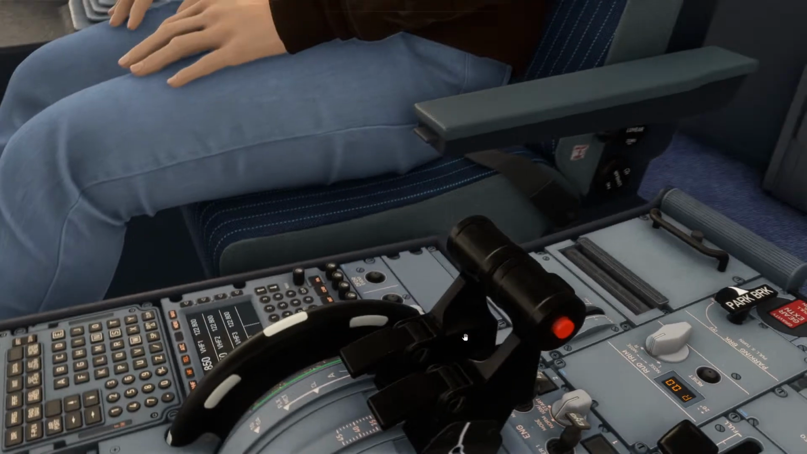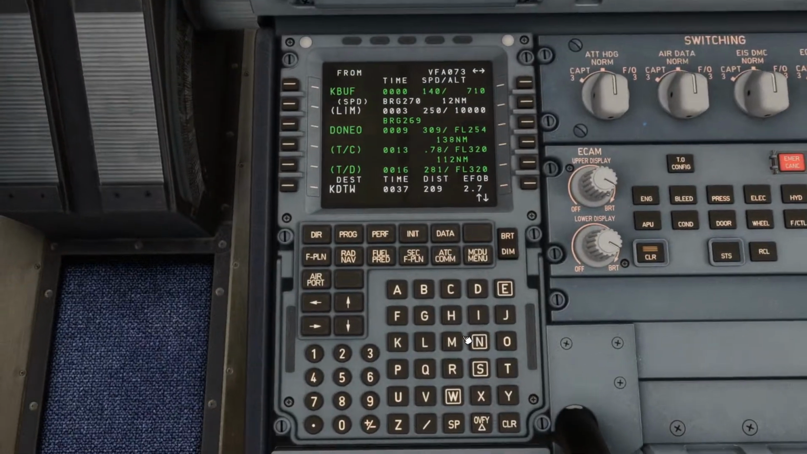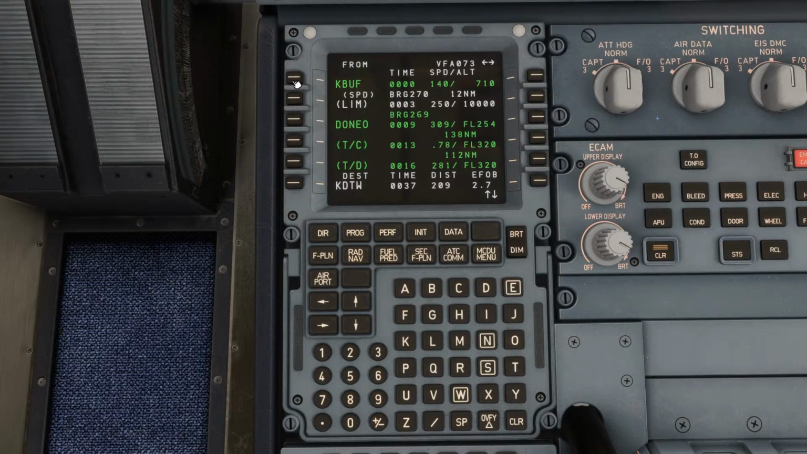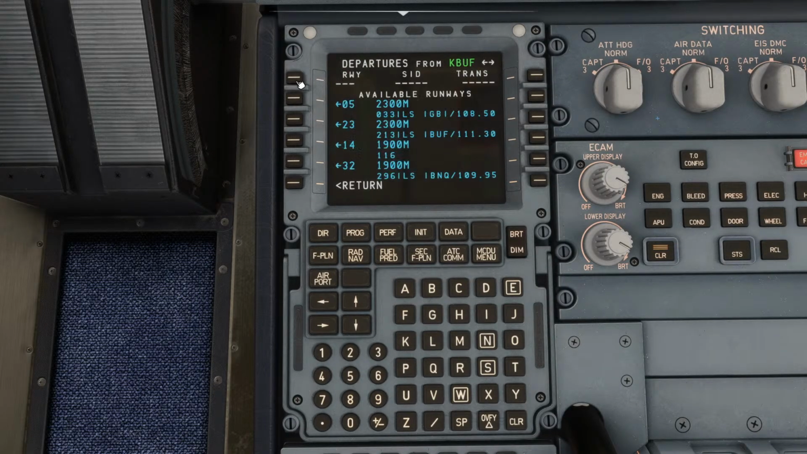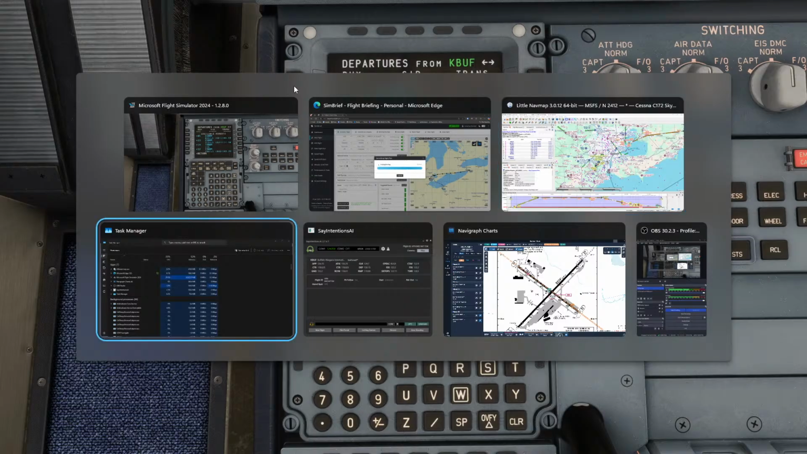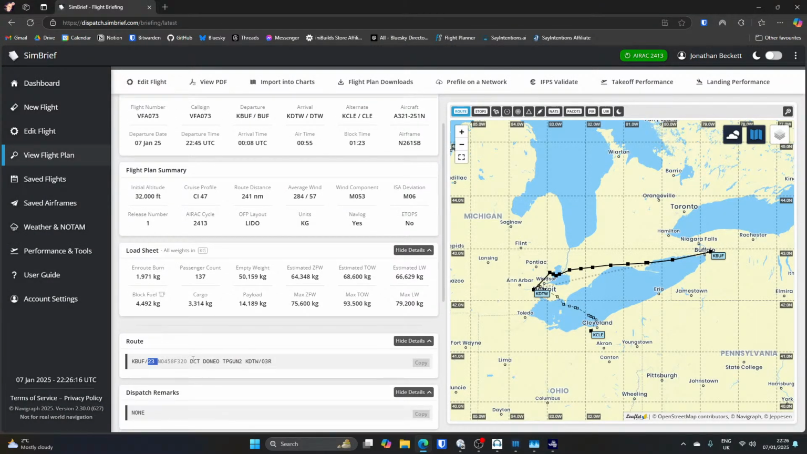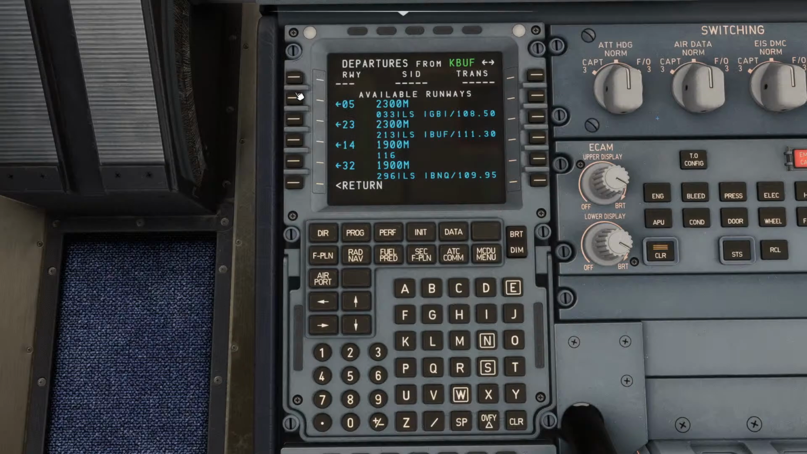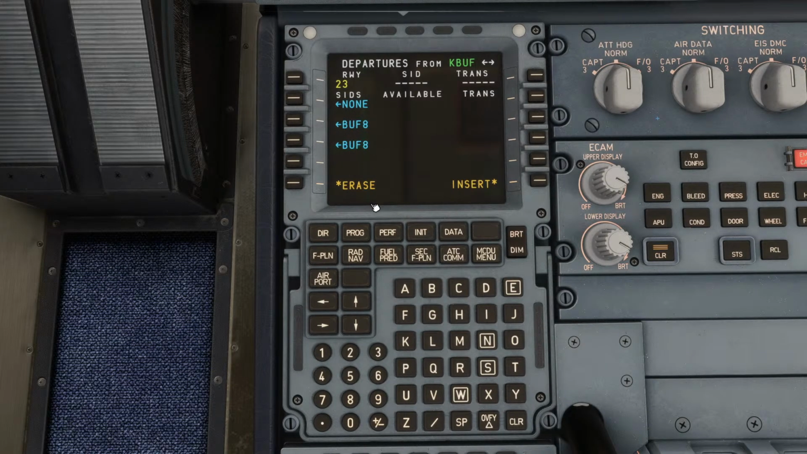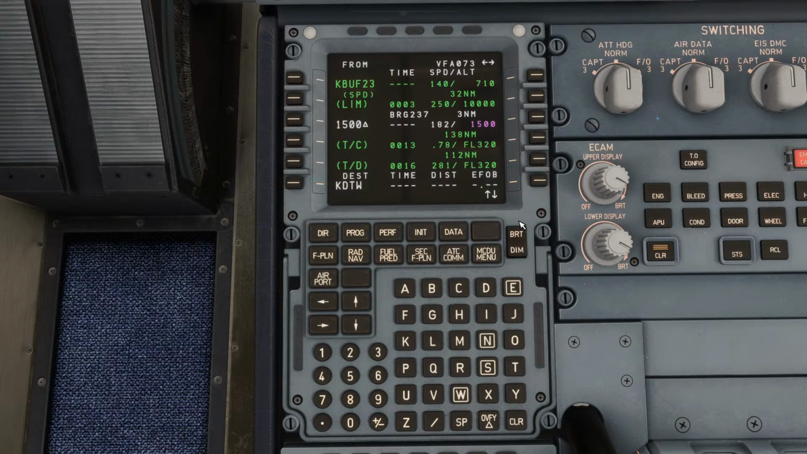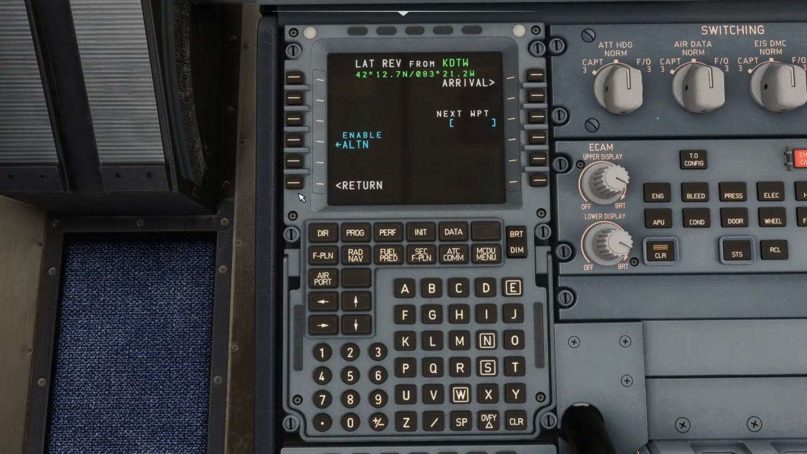Should we do this from in front of it? Whoops. There we go. So K-Buff departure. Where's our SimBrief plan? Runway 23, direct to Donio. So runway 23, nothing in here, and insert. Then that will make a discontinuity because there's nothing in there. So we'll clear the discontinuity and go to